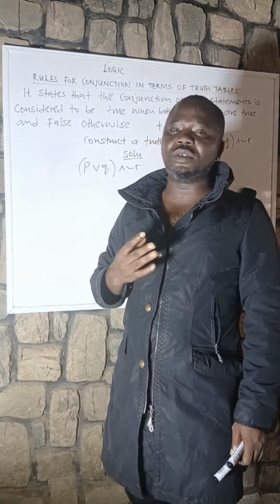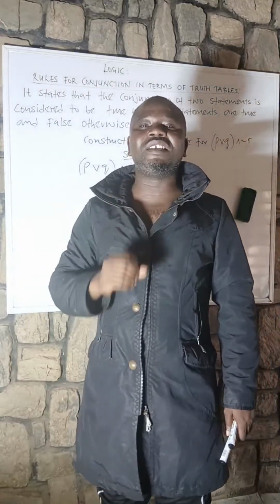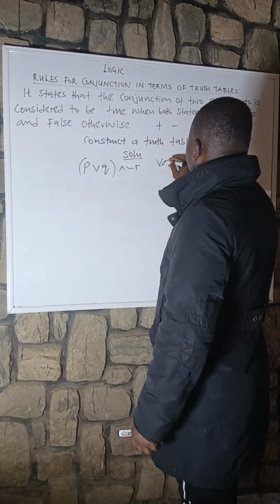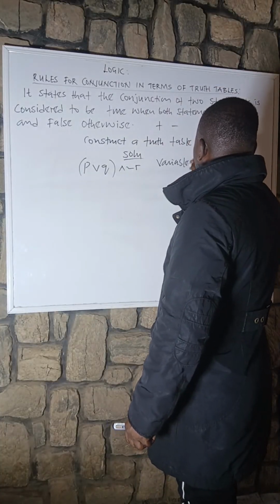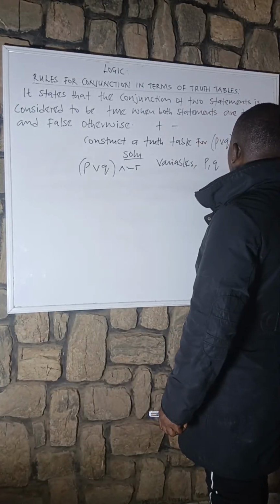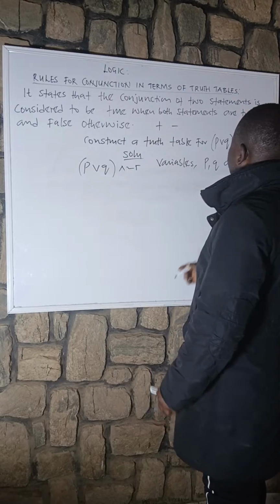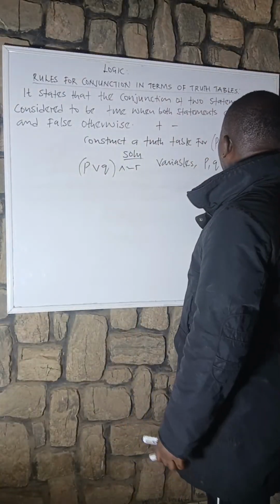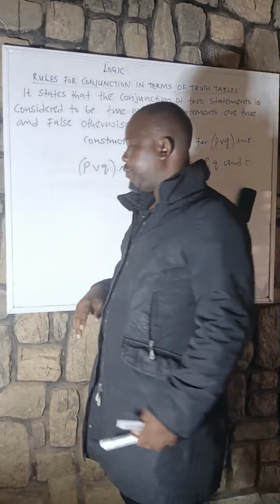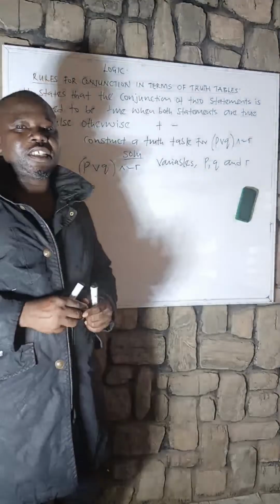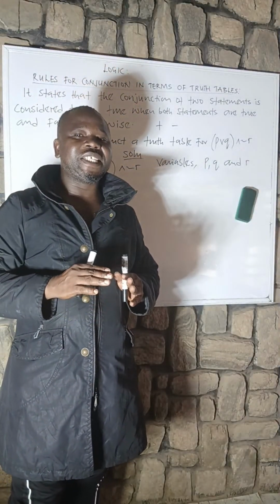First thing you need to do is consider the variables. When we say variables, we are talking about what? P, Q, and R. They are the variables. Take note. So, how many variables are here? 1, 2, 3. True or false? Since we have 3 variables, it means we are going to consider